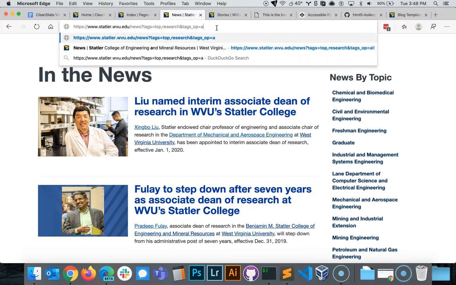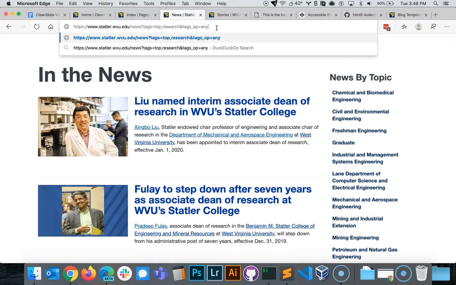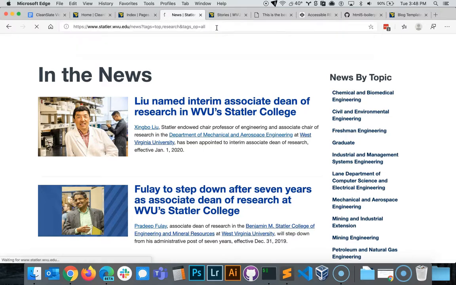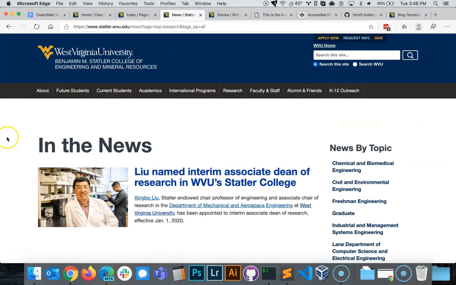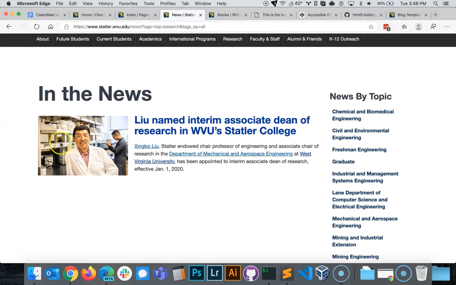So tags op any is what it's defaulting to. If we want to get only the articles with both of these tags specifically, we can say tags op equals all. And you'll notice that this is now only returning the articles that have both tags top and research, because they have to have both of those labels in order to return results.